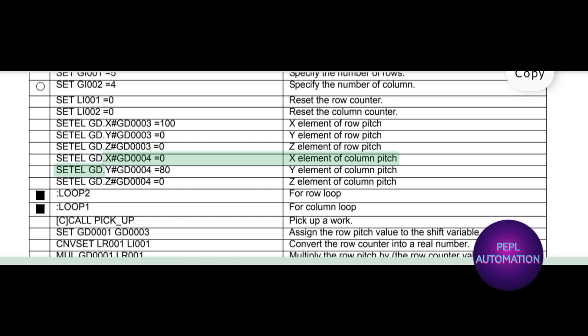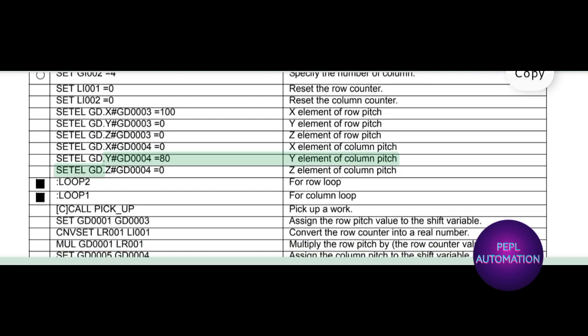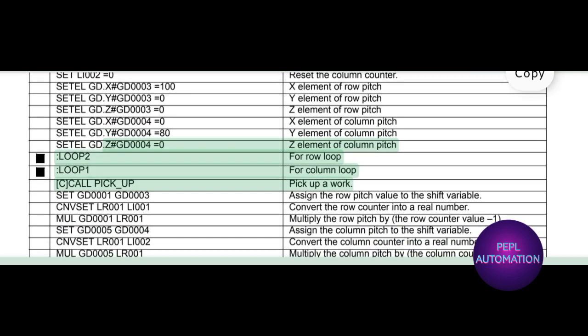STTEL GRAND X. #GD0004 equals 0. X element of column pitch. STTEL GRAND Y. #GD0004 equals 0 (Y element of column pitch). STTEL GRAND Z. #GD0004 equals 0. Z element of column pitch. LOOP2 for row loop. LOOP1 for column loop. CALL pick_up. Pick